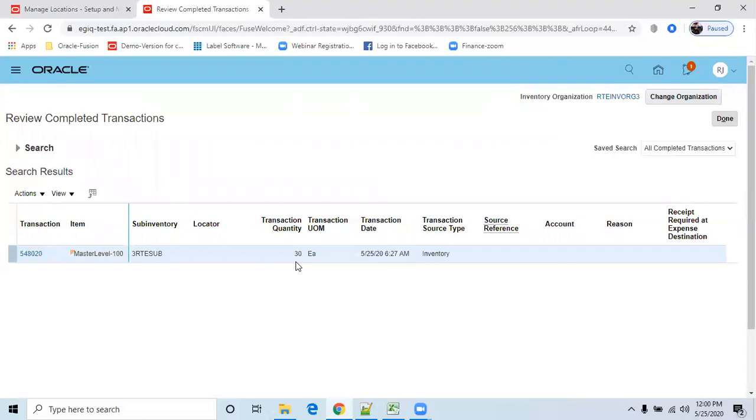So in transit means first it will go to the staging one, and using put away we are pushing that material to the destination sub inventory. That is the create interorganization transfers. So we can do either direct or in transit. If it is in transit, this is the scenario. I mean, this is the workflow.